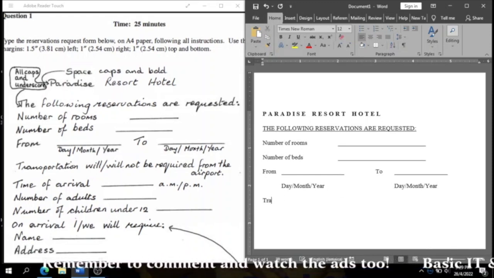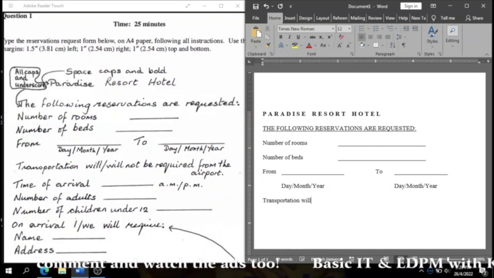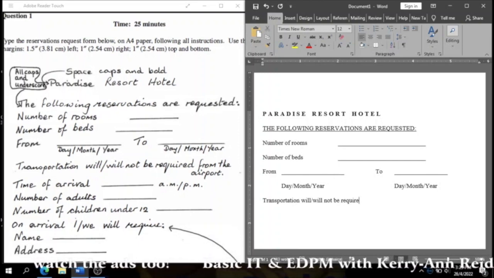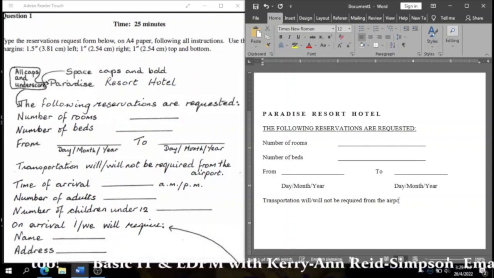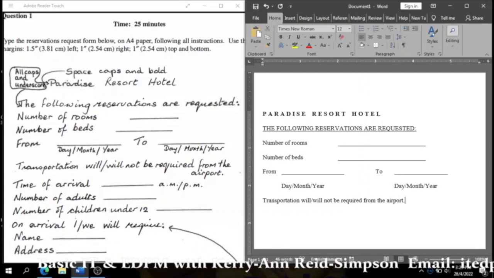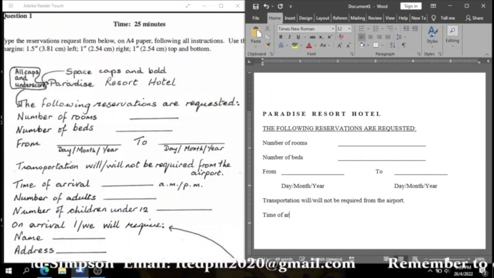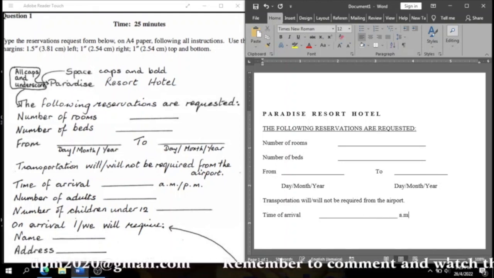And I'm going to type transportation will / will not be required from the airport. Full stop. And then we're going to have time of arrival, tab 1 time, line, and then A dot M dot / P dot M /